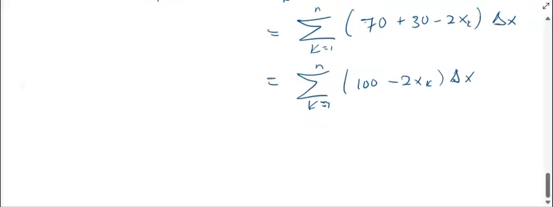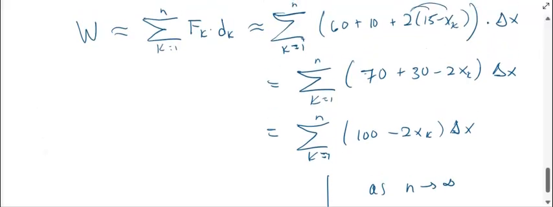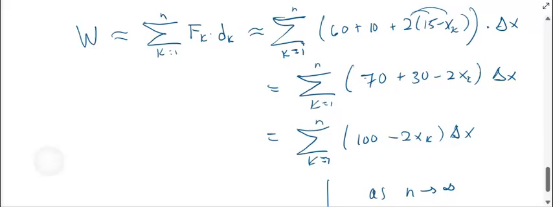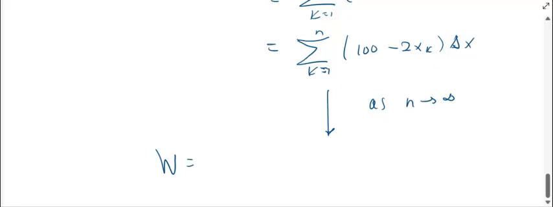All right, now as n is approaching infinity, this is going to turn into a definite integral. All right, we're going to get the exact work done. So these approximations are going to turn into exact statements. So the overall work done is going to be the integral, in this case, from 0 to 15. And we want to